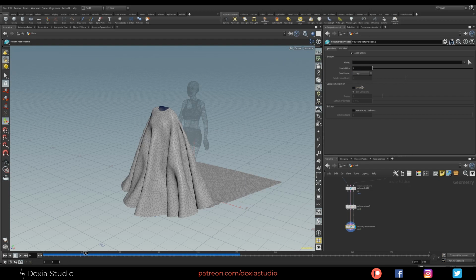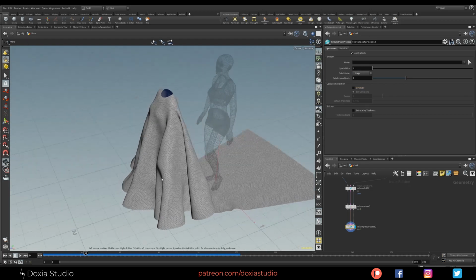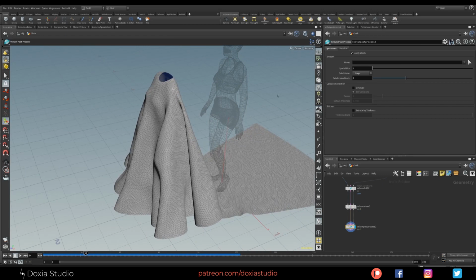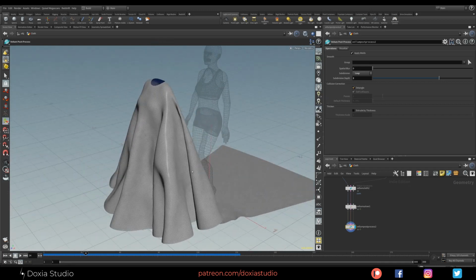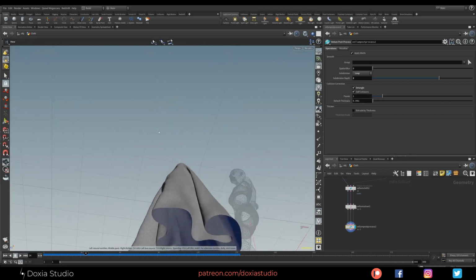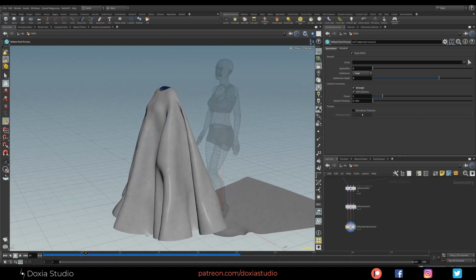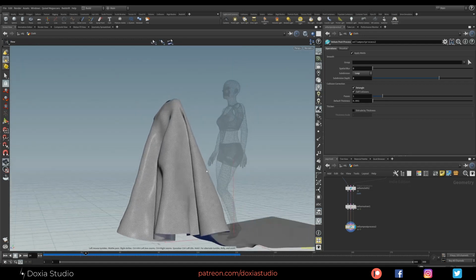So we can subdivide. I like to use the loop one. It is keeping the same topology. Increase this to 2. Okay, we can detangle, check if any cloth is intersecting each other, and we can extrude and add thickness.